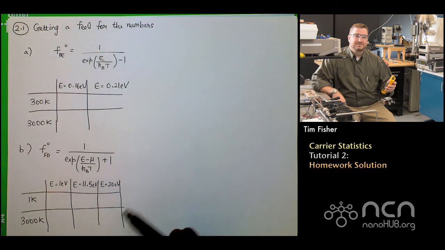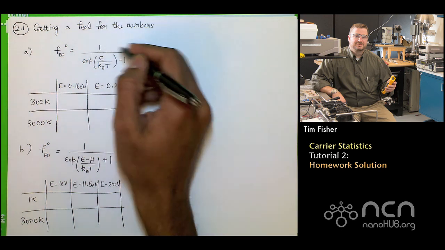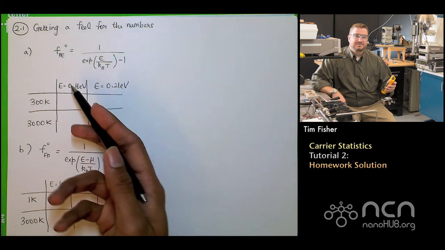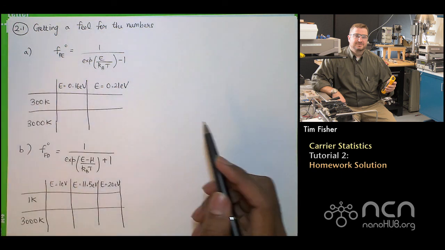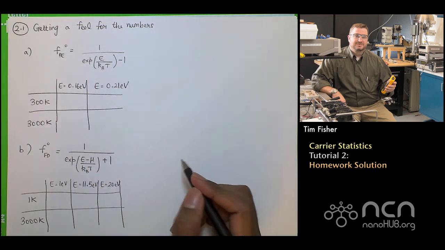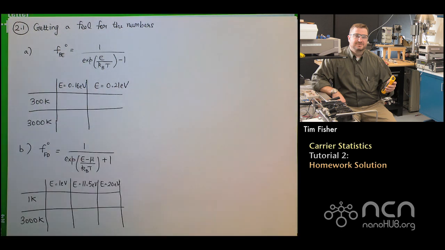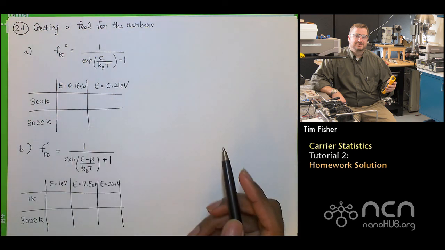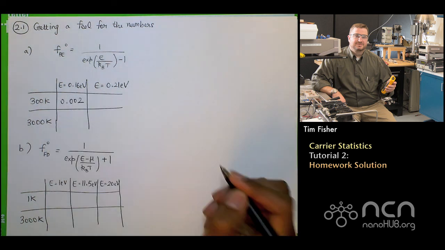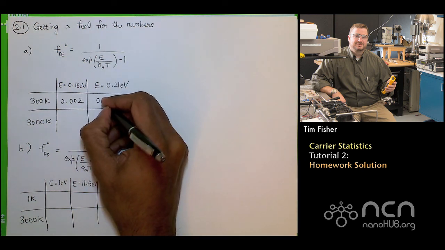So the phonons, as you know, follow the Bose-Einstein distribution function, and the Bose-Einstein distribution function is given by this expression over here. So since we know the energies and the temperatures, it's just a simple exercise to plug in the numbers and calculate what the occupation numbers are. So let me just write down the numbers here. For a temperature of 300 Kelvin and an energy of 0.16 electron volt, the occupation number turns out to be 0.002, and at the same temperature but for a higher energy, the occupation number comes out to be